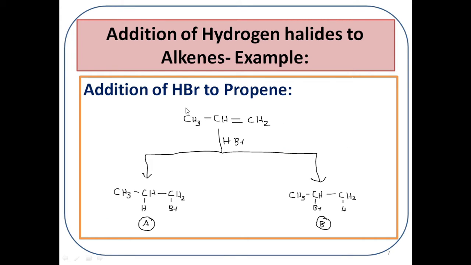Another example is the addition of HBr to propene. Here our substrate is 1-propene and it is reacted with HBr. So it will undergo addition reaction. But in viewing the reaction as explained in the last slide, we should get two products, namely A and B. If hydrogen is added to the terminal carbon atom and bromine to the next carbon atom, then we will be getting